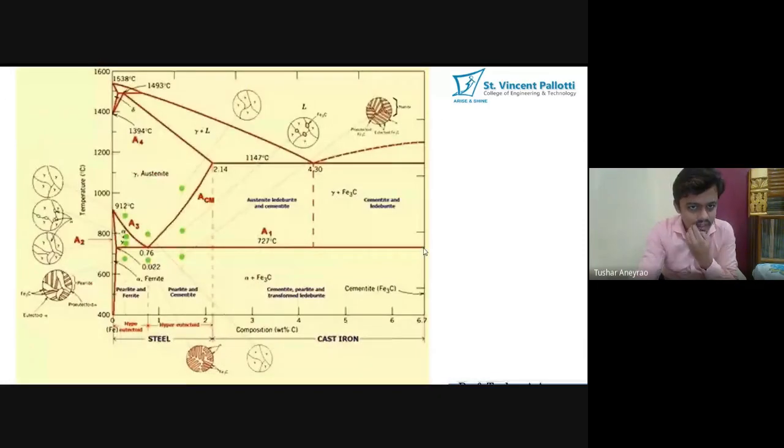Now let us come again to that particular diagram. Here what is happening? Here you can see austenite is there. Here the complete form of austenite, all the crystals are created of austenite, and you can see here some kind of nucleation is there. So that nucleation is with respect to Fe3C. Okay, so that is called the intersolid fusion reactions, in which the cementite is getting generated at the grain boundaries, as it is reaching the particular temperature and pressure, that's why that cementite is getting generated there.